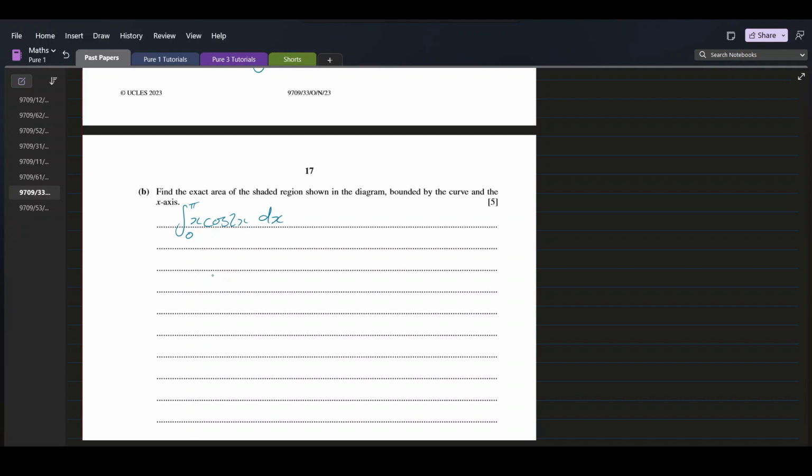As you can see, we have a product, so we'll use integration by parts. Let u equal x and dv dx equal cos 2x. So if you differentiate x, you get du dx to be 1. And if you integrate cos 2x, you get 1 over 2 sine 2x. And now use the formula for integration by parts. So the integral of x cos 2x with respect to x is equal to uv, which is half x sine 2x,